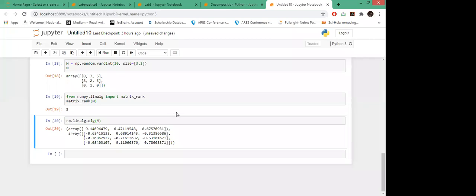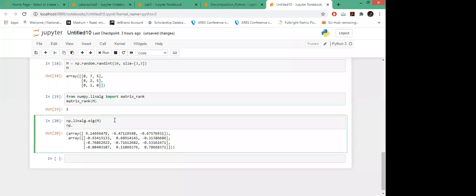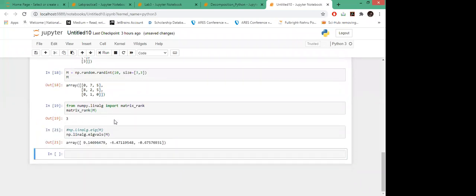But suppose you just want eigenvalues. If you just want the eigenvalues, you can use the eigvals function to have the eigenvalues only, and eig of M will give you the eigenvalues plus the whole matrix of eigenvectors.